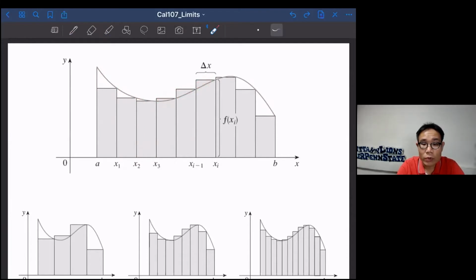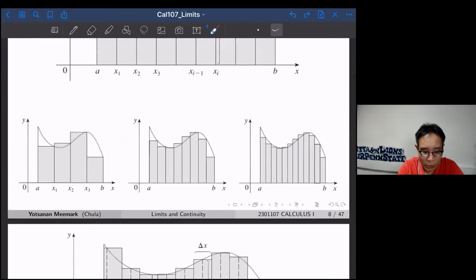Okay. So you need to make the error smaller. In order to make the error smaller, you see that if you have only 4 pieces, so you have 1, 2, 3, 4. If you have only 4 pieces like this, you're gonna get high error. So you're gonna miss a lot and you're not gonna get